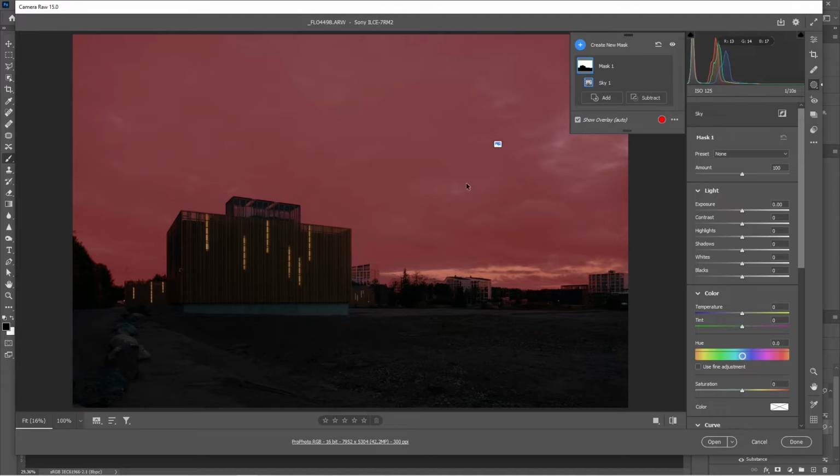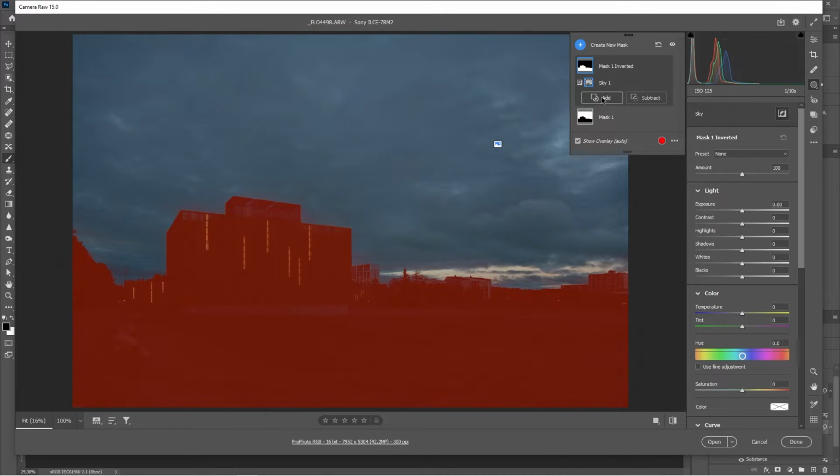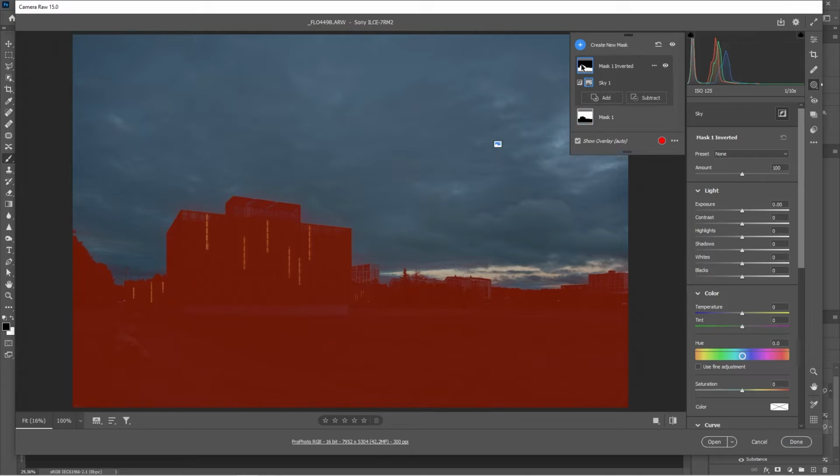I can use this mask then by duplicating it. So if I click on duplicate and invert mask, it duplicates and inverts my mask at the same time. So you don't need to go in, make a copy and then invert it yourself. So with the mask selected, I can select my foreground or I can select my sky and I can make my changes